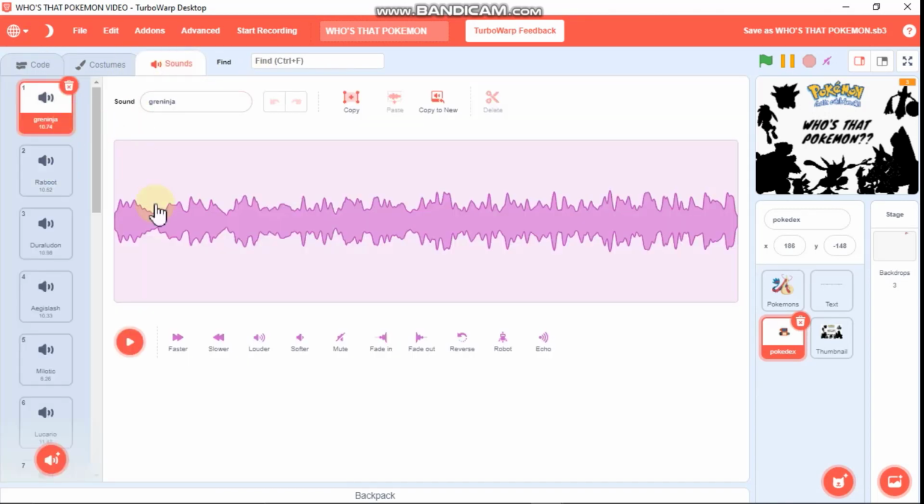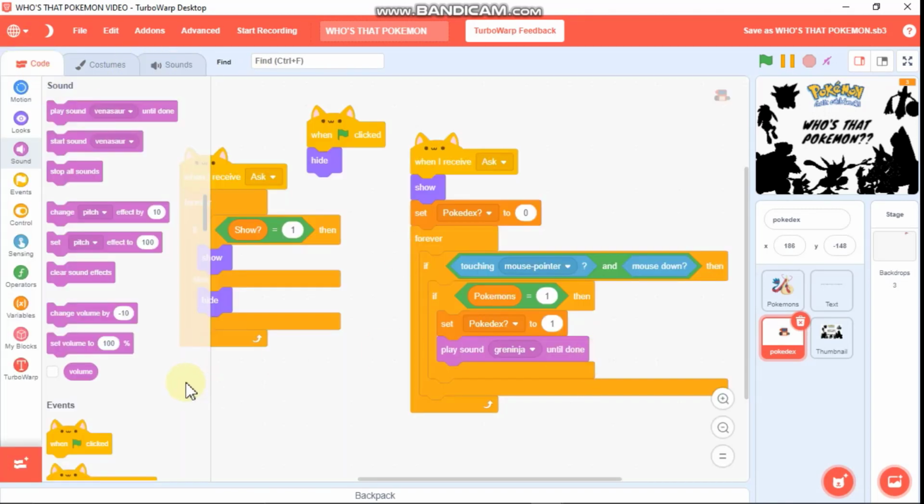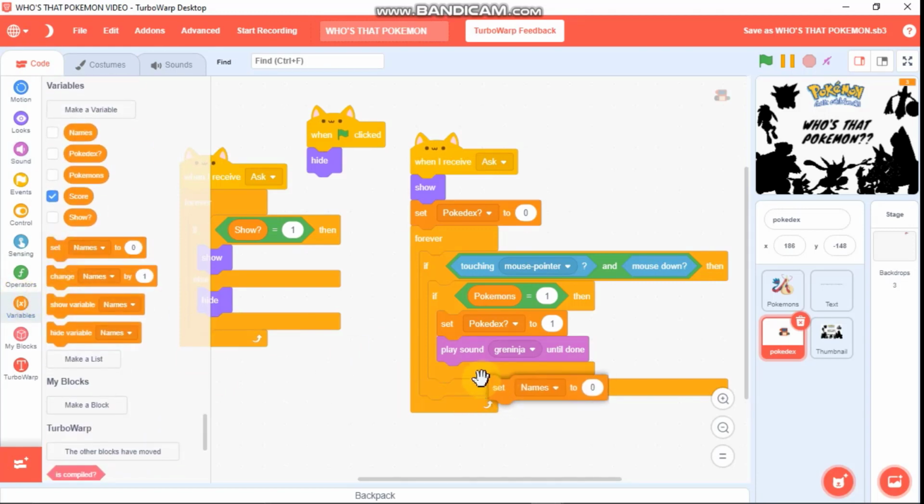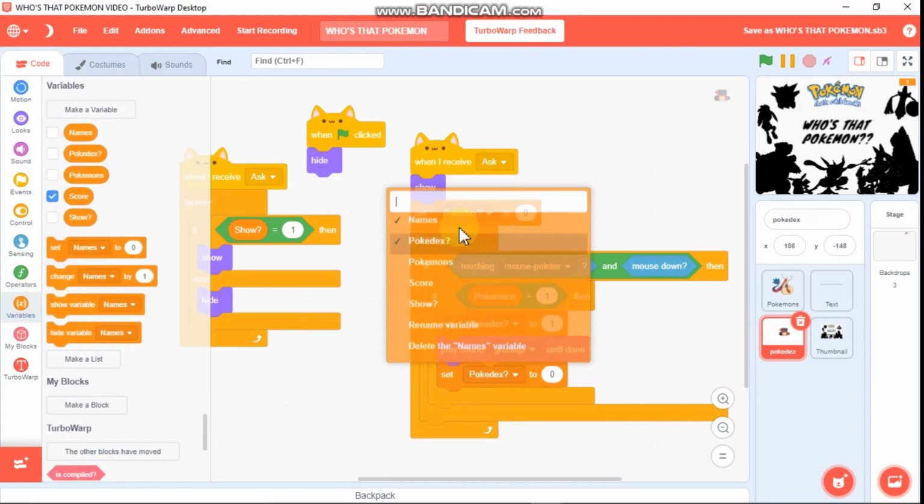So this is our Greninja Pokedex data, and after we play it, we need to set Pokedex to 0